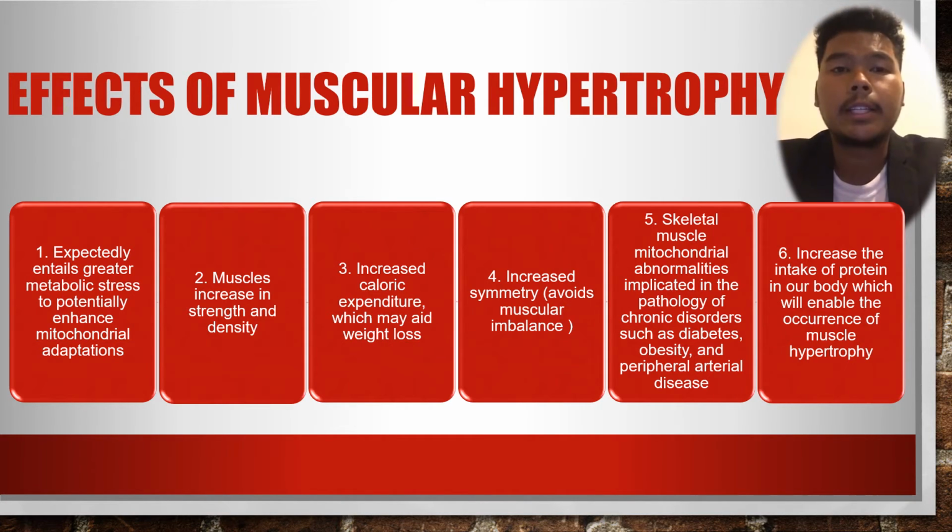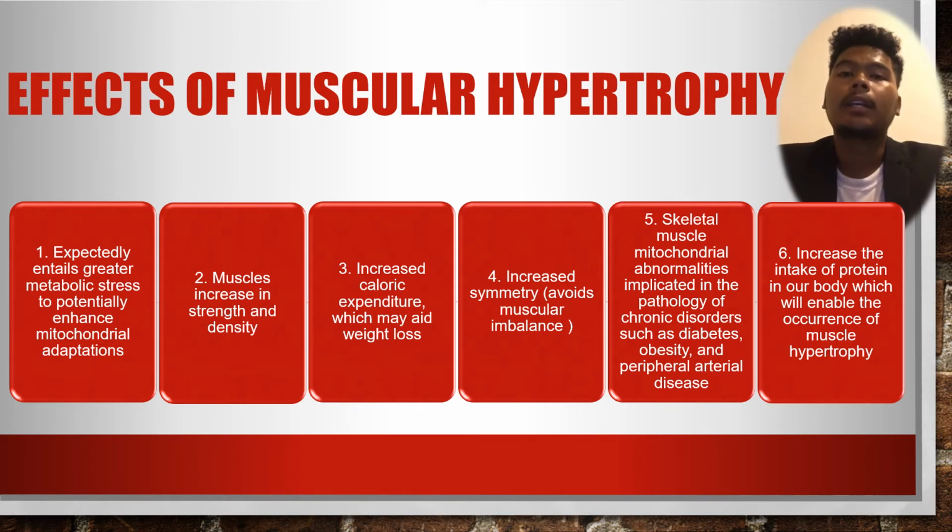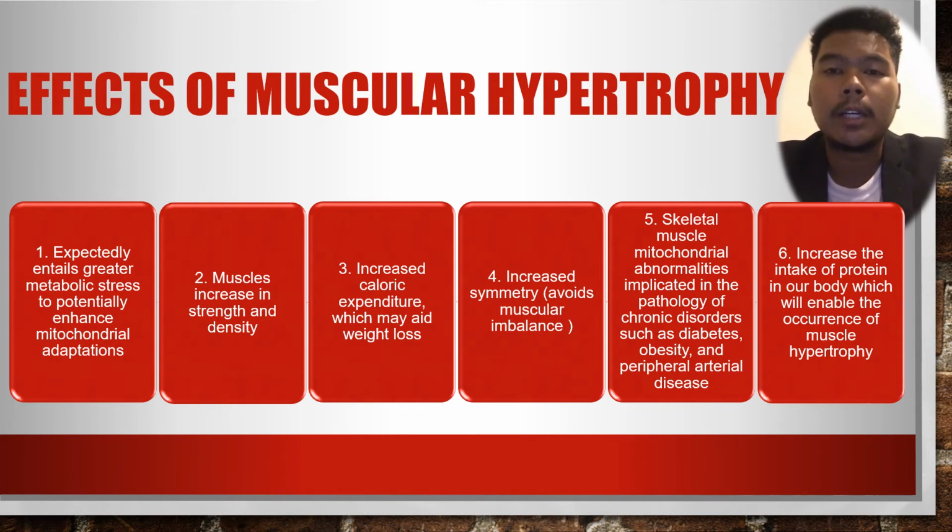Okay, the fifth one is that skeletal muscle mitochondrial abnormalities are implicated in the pathology of chronic disorders such as diabetes, obesity, and peripheral arterial disease. In other words, muscular hypertrophy will improve the skeletal muscle mitochondrial abnormalities, which will help us to reduce chronic disorders such as diabetes, obesity, and